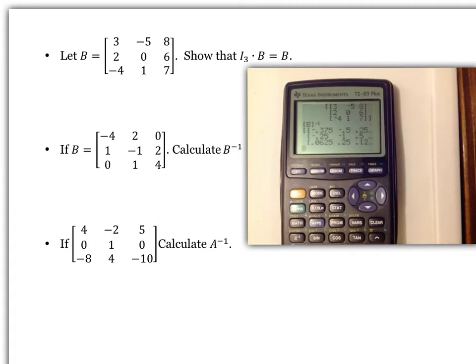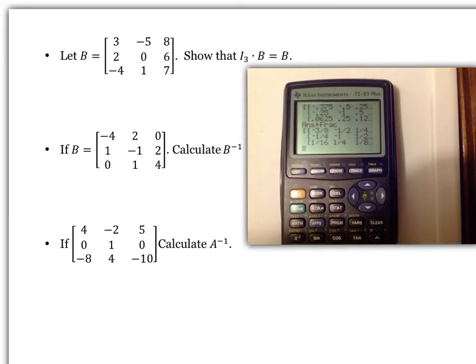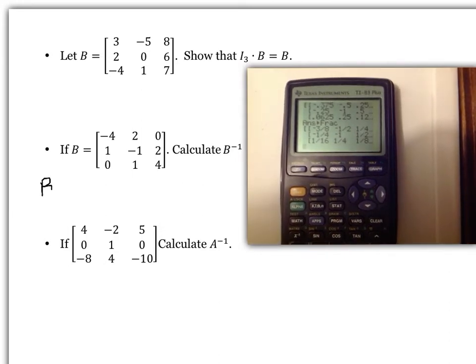There's my inverse. Now, these are decimals. I can frac this. Not second, Math, the first option is frac, and now it gives us that same matrix with fractions. So I could write that in, that the inverse of B